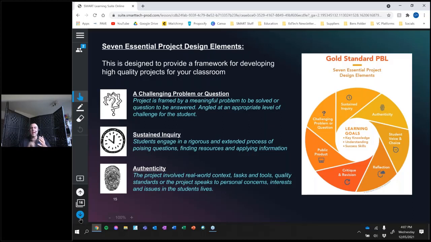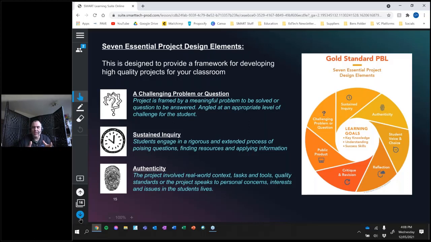So the first one is about a challenging problem or question. The project is framed by a meaningful problem, and it's something that needs to be solved by the students, okay? Or it's a key complex question that needs to be answered. So as a teacher, a great way to get students embedded in this, and how it's supposed to work, is that students need to identify their own